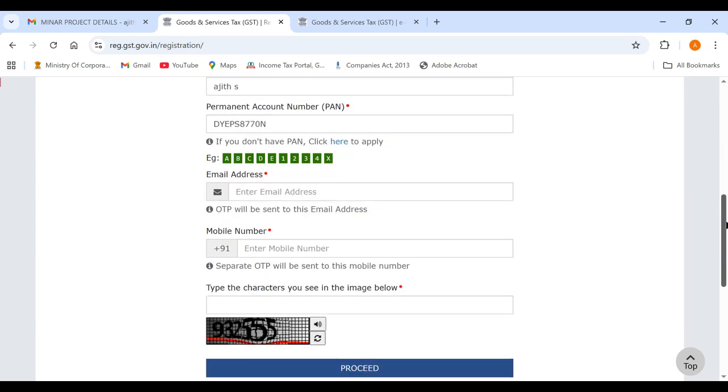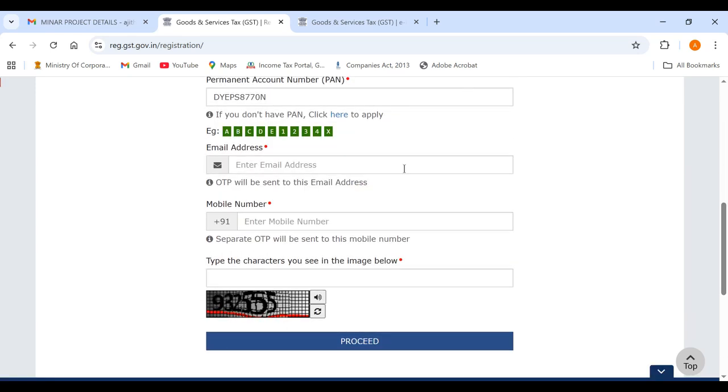Then, quite important, one email ID as well as mobile number you would be required to give. So if you give an email ID and mobile number, and if you give this CAPTCHA, and if you click on this proceed option,